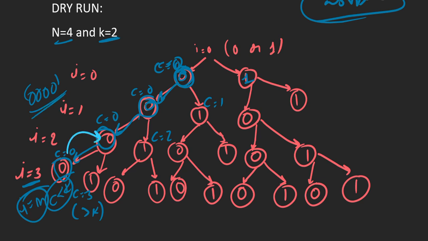Now we move back from here, so we remove this character 0, and we add the character 1 over here, and then we move ahead. Now our index is equal to n, but when we added this character, we added the index 3 to the cost. So now our cost is equal to 3, which is greater than k. So this is not a valid answer, we don't store this string, and we go back. Here we have explored both the cases, so we remove this character also and go back to this index. Now at this index, we explore the case where we add 1 to the string.